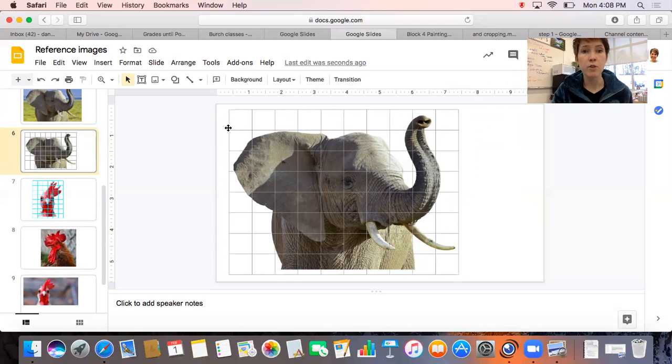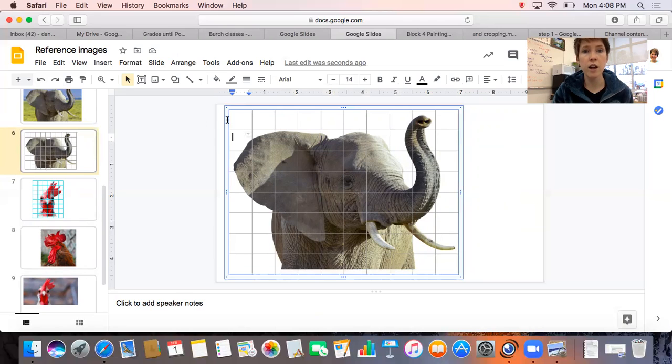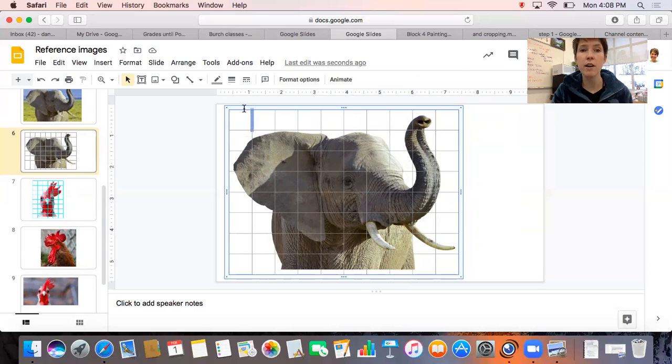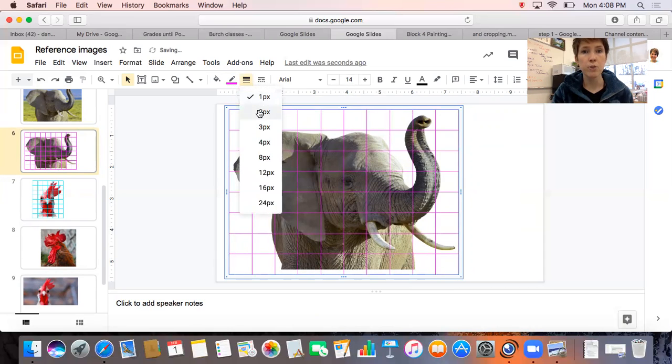So then what I'm going to do is go ahead and change the color. And again, changing the color is a personal choice. You do not have to change the color of your grid. I just find it helps me be a little bit more able to see what I'm drawing. I'm going to change the color, make it pink, and then also change the border weight to make it a little bit thicker so that it's